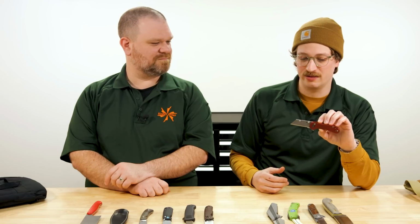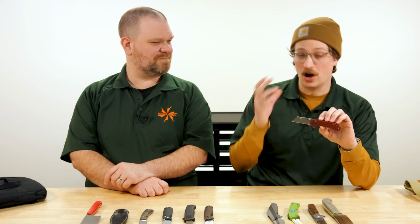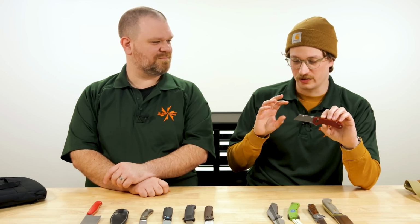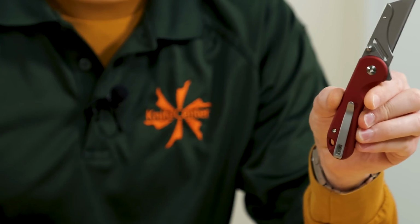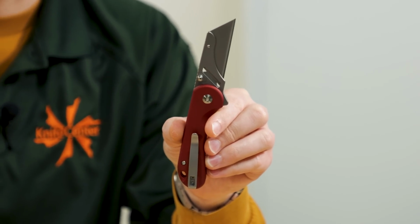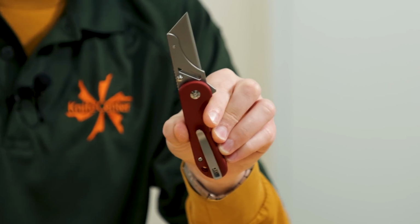Like, there's not a lot of stuff that has the operation of a real refined modern pocket knife with the button lock and the flipper action and the thumb stud and the pocket clip, the great deep carry pocket clip, but with a utility knife blade holder. Heck, this would even be a great travel knife, just pop that blade out to get through security and then